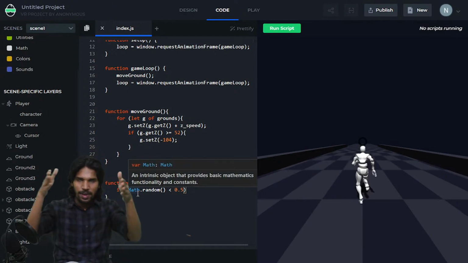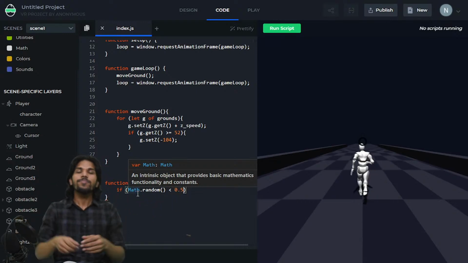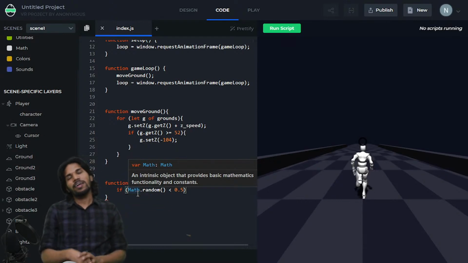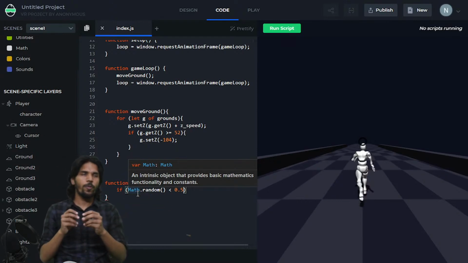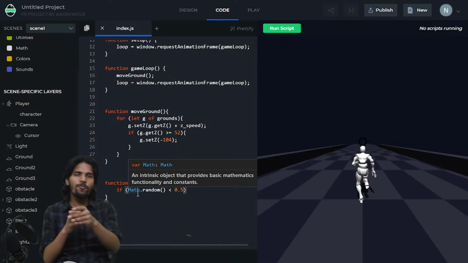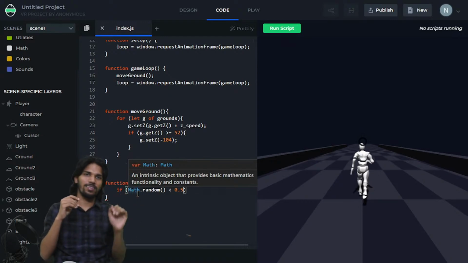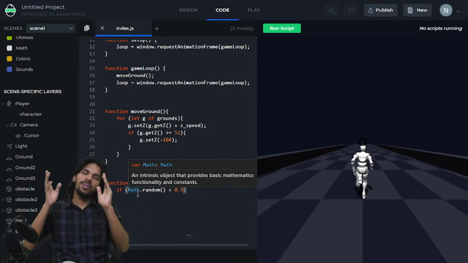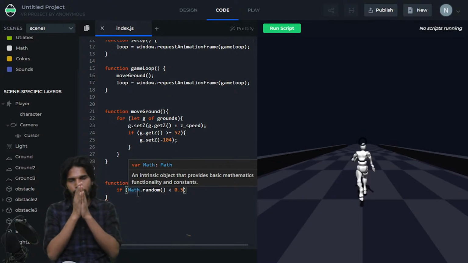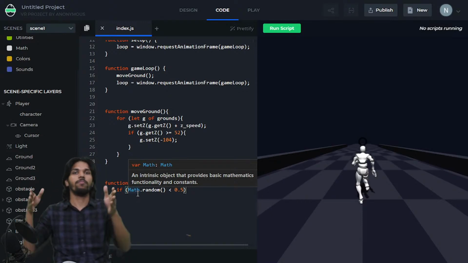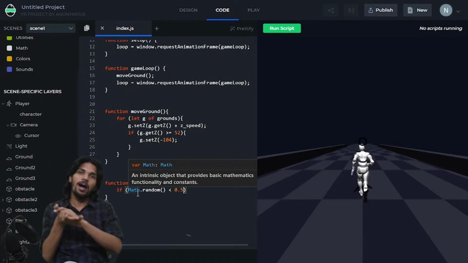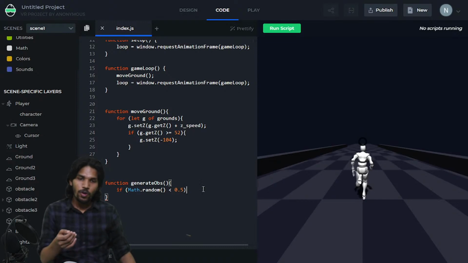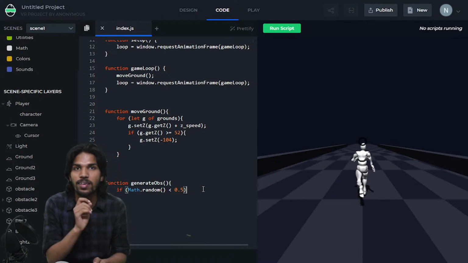So 0.5 is the midpoint between 0 and 1, right? Math.random can generate any number between 0 and 1. It can generate 0.1, 0.12, 0.234, 0.45678, 0.61, any number. Okay. So there will be a half possibility of generating a random number less than 0.5, and a half possibility of generating a random number greater than 0.5. So I'm saying if math.random is less than 0.5,